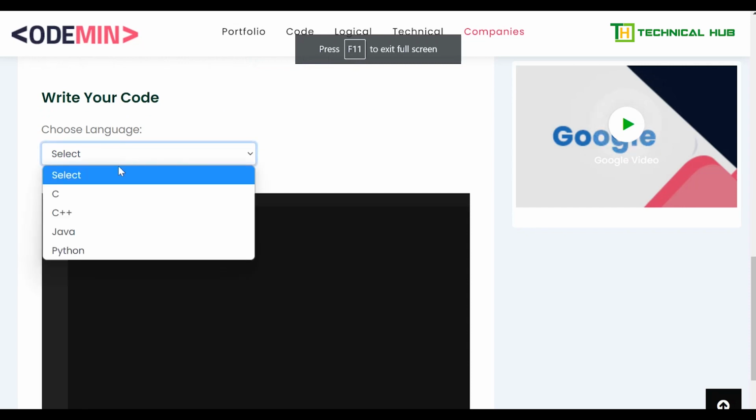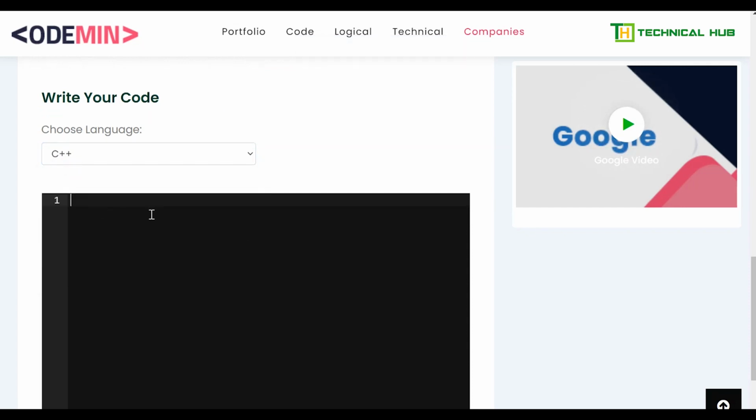I am writing the code in C++. Once we understand the solution, I'll implement the code. So first I'll complete reading the inputs.